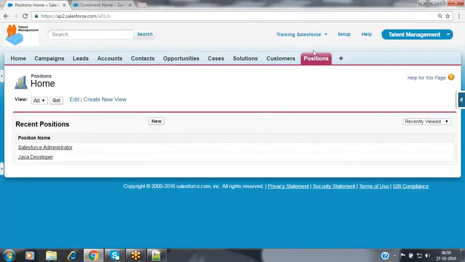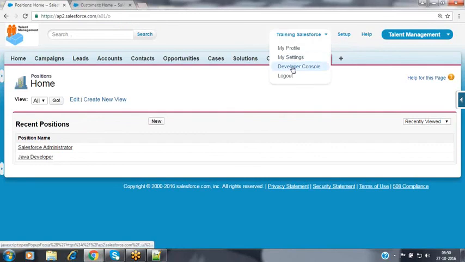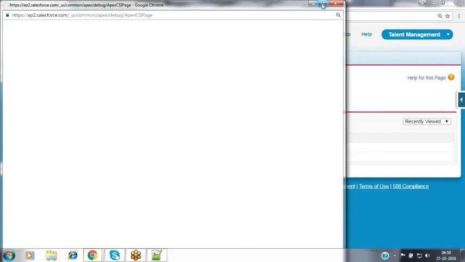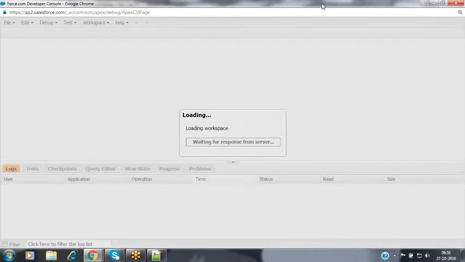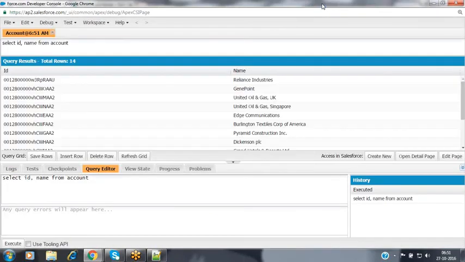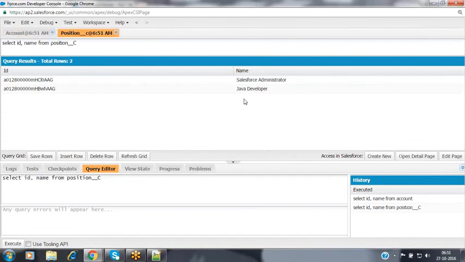I have created 3 position records. If you want to get those position records, then we can make a query also. So now we can specify the position. The position object table name is Position__c. We can specify SELECT Id, Name, nothing but the column names, FROM Position__c, and we can list out all the position records which we have created. Because the table name is always supposed to be suffixed with __c. All right. Thank you. Appreciate that.